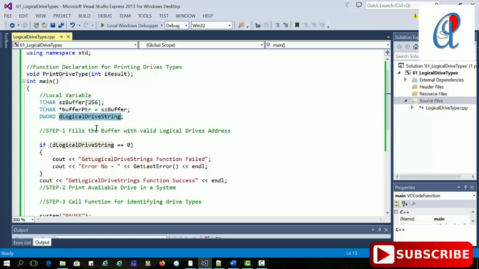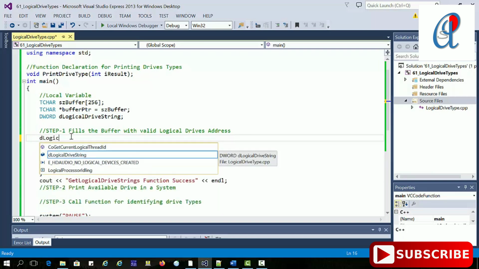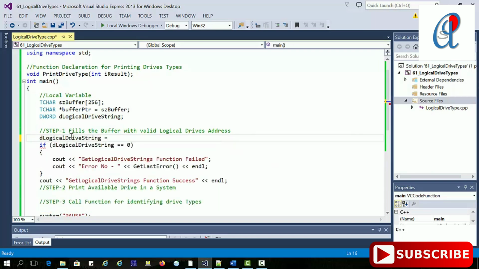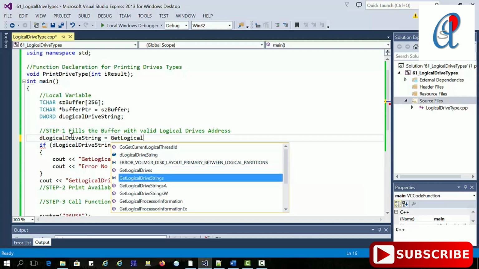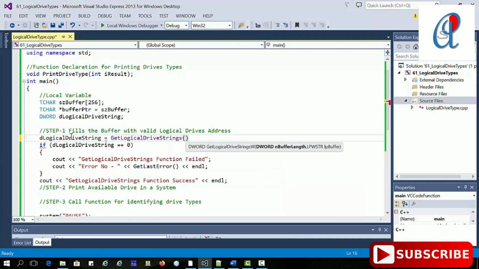And now that is the variable, GetLogicalDriveStrings. The first argument is the buffer length, we know that is 255 here, and the second is the buffer name, so we write szBuffer here.